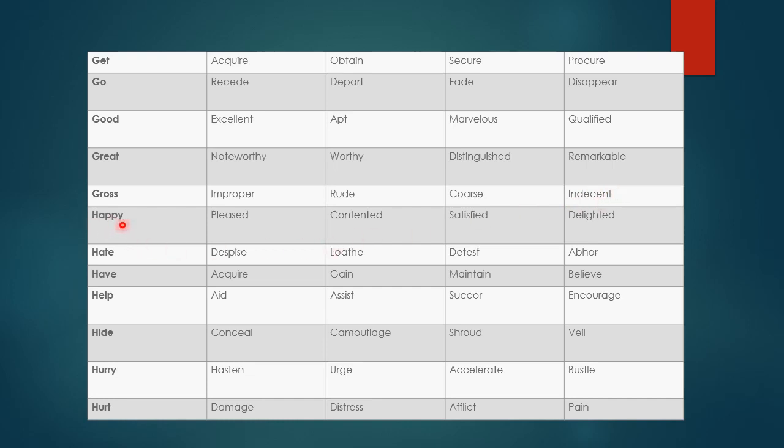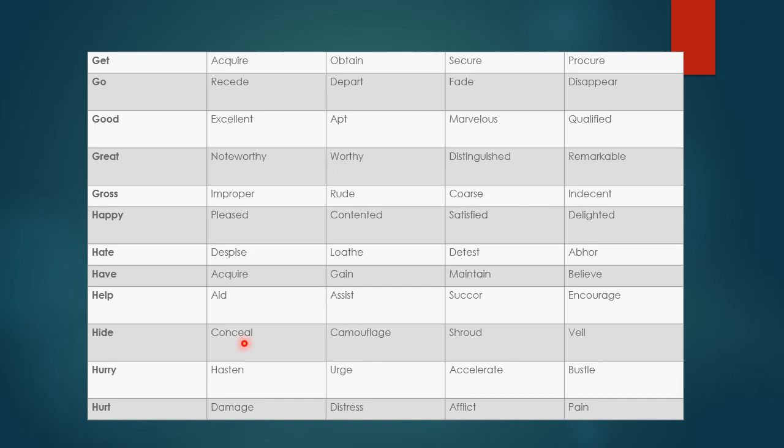Next, happy, pleased, contented, satisfied, delighted. Hate, despise, loathe, detest, abhor. Have, acquire, gain, maintain, believe. Help, aid, assist, succor, encourage.